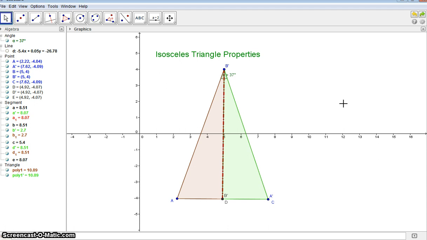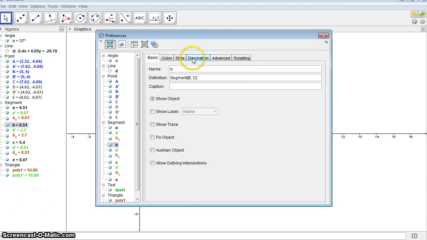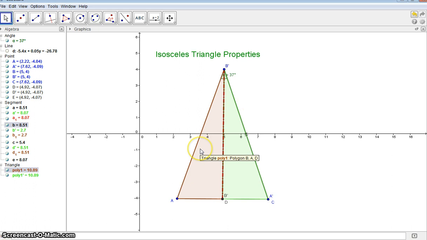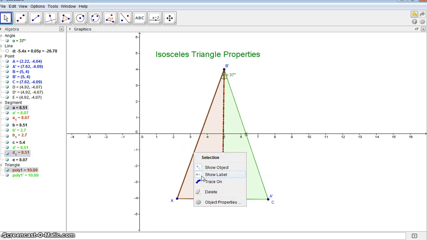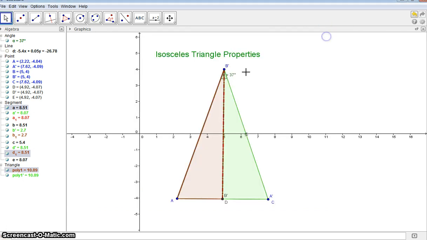So isosceles triangles tend to be marked with a decoration that is found here. We liked the triple one today, so I'm going to use that again. Don't use the arrows because the arrows indicate parallelness, not congruence. And I'm going to mark this one with triple lines to show that it has the same length. Object properties. No decoration there. So I want the segment